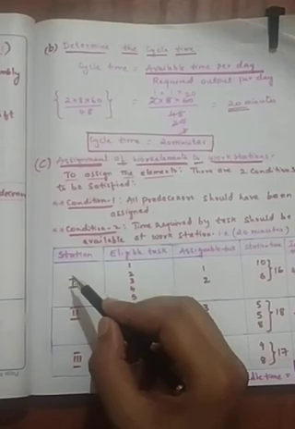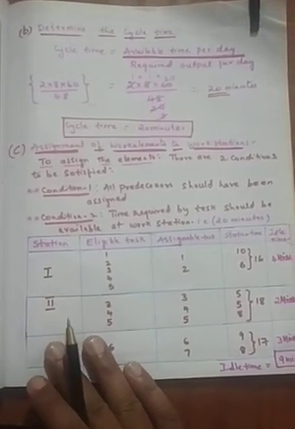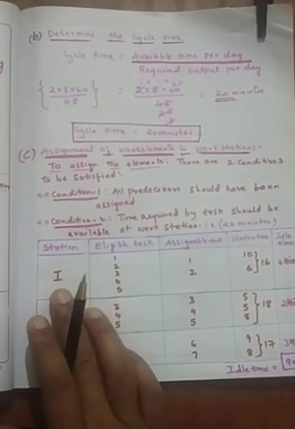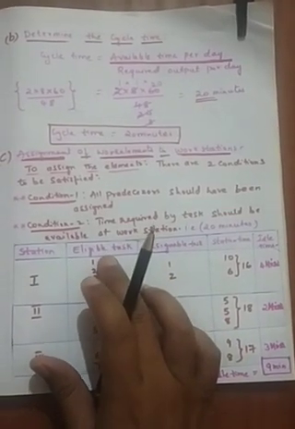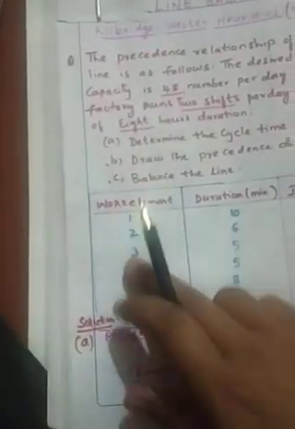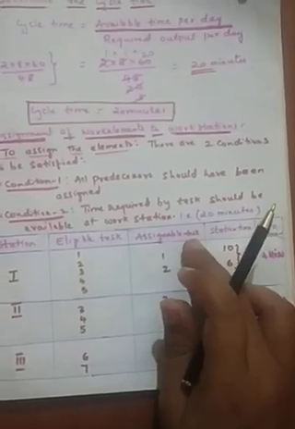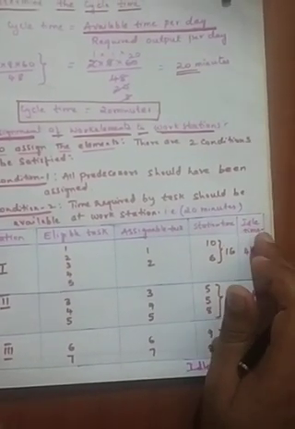Okay, so workstation 1, first I take workstation 1. I don't know how many stations will come here, so first I take workstation 1. So here in case of second column, eligible tasks, what are the elements that are eligible to assign, and in the third one, what are the elements that can be assigned, and fourth one, what is the station time and what is the idle time. This is a tabular column which you need to remember.